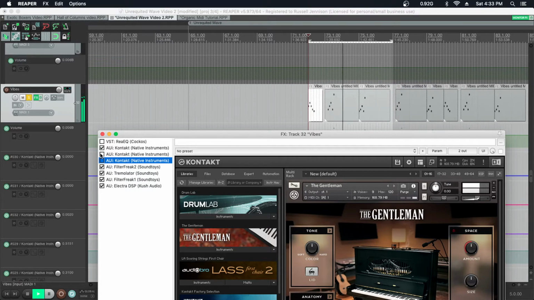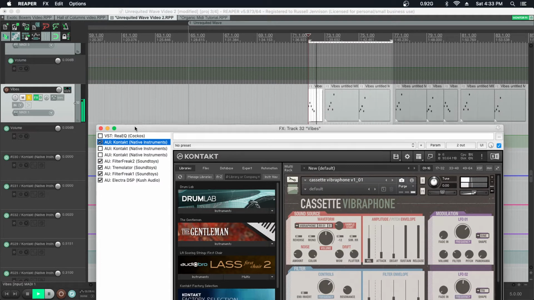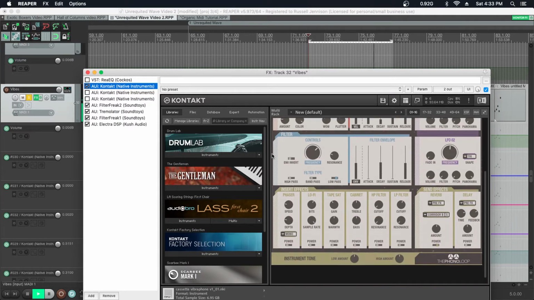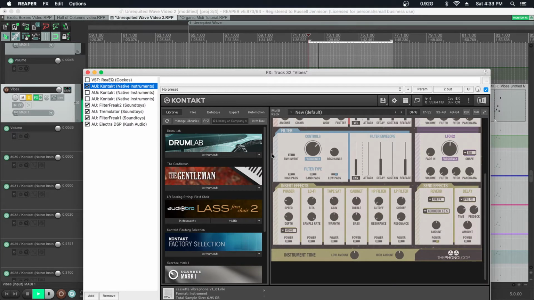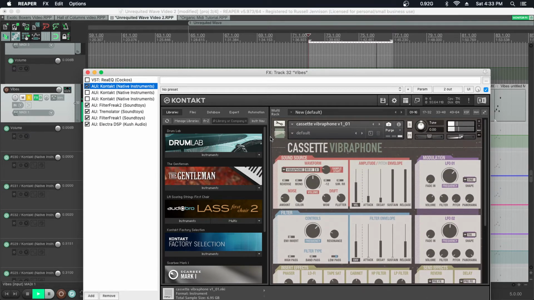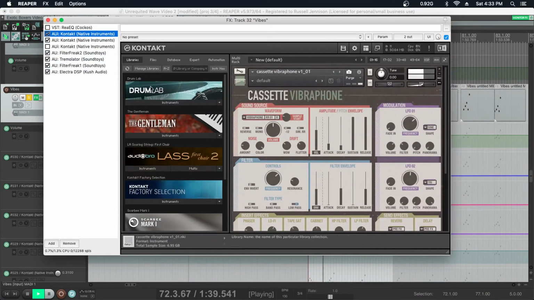This is the part I ended up with, and it's on something called Cassette Vibraphone. It's from the Phono loop. I purchased it online a number of years ago, and I love it. But let's just go to the stock patch. So this is the patch without any modulation. There's something you need to consider, which is that even the best recorded samples are going to need a certain